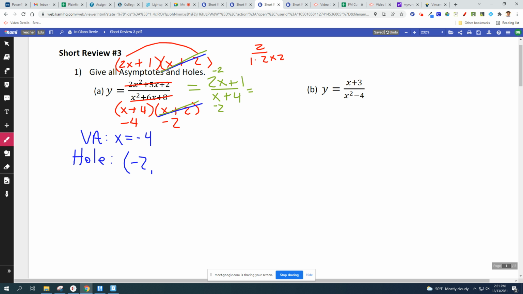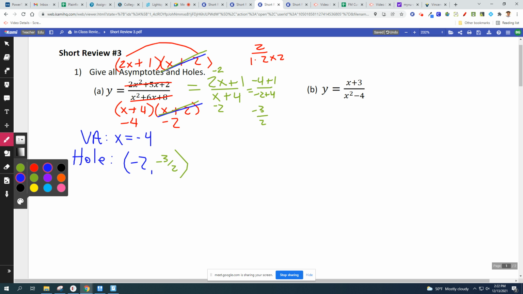So if I plug in negative 2 for x, that's going to be negative 4 plus 1 over negative 2 plus 4. That's negative 3 over 2. There is a hole at the point negative 2 comma negative 3 over 2. The horizontal asymptote is the one that I think you really need to look back at,